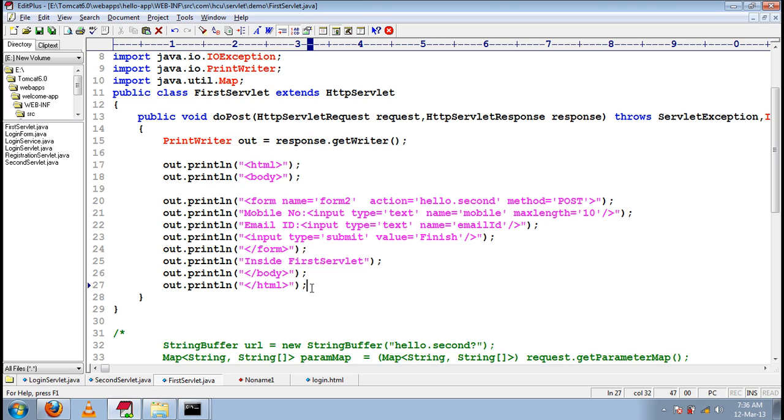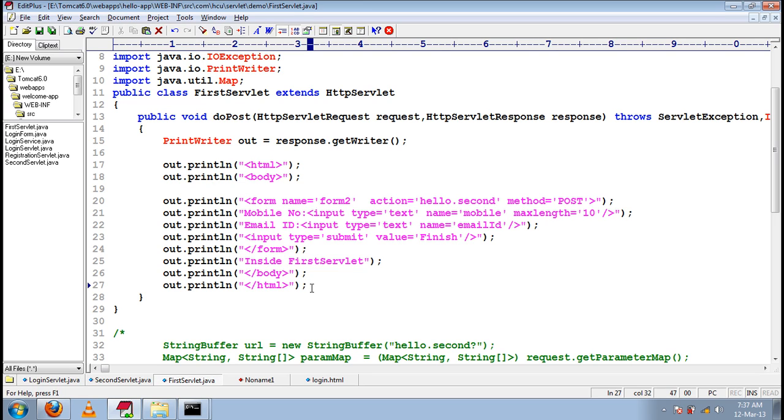We can use the request of first servlet to second servlet. This is not the request object that is available for first servlet to second servlet. This is the request object from login servlet to first servlet.